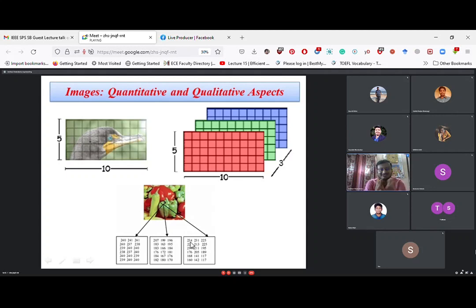So what is the challenge here? The challenge is that complexity is increased 3 times. That is a threefold increase in complexity if we want to process a color image instead of a grayscale image, and we need to process the three channels separately: red channel, green channel, and blue channel.